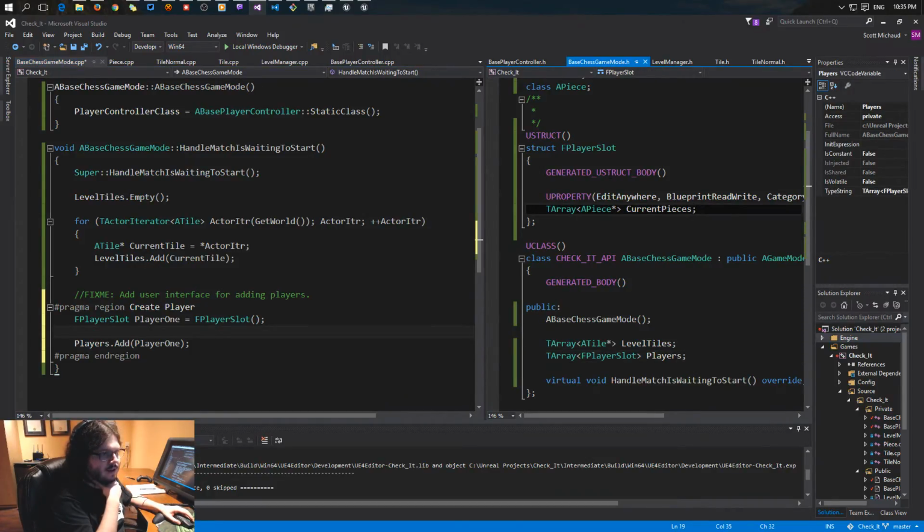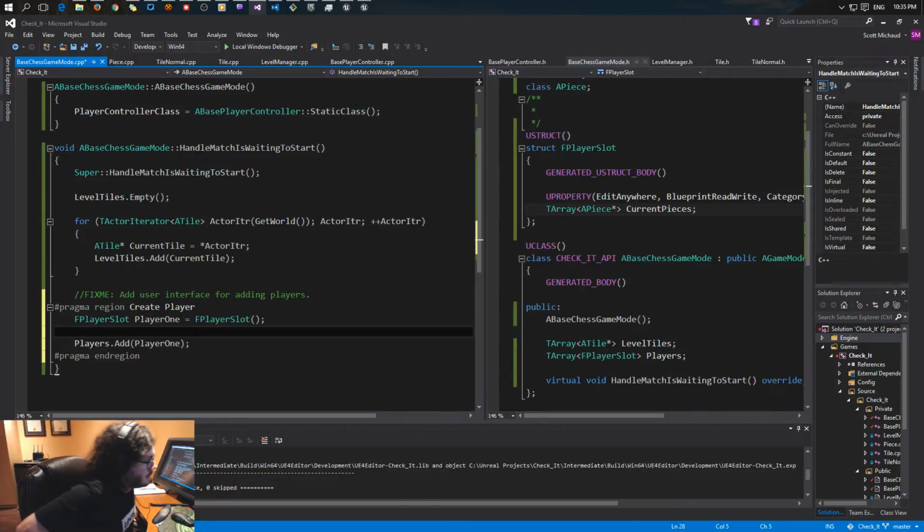Do I want the functionality to do a bit of struct? No, I don't. Okay, so